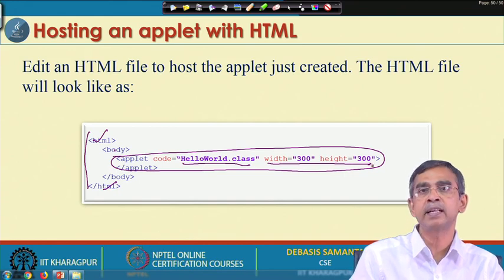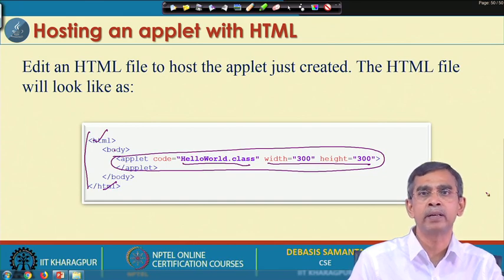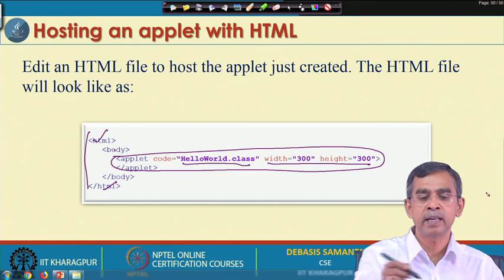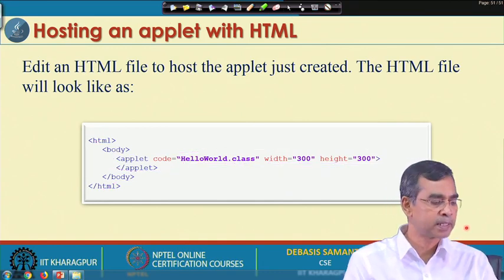So, 300 indicates that if your total screen size is 1000, then out of this, a 300 by 300 portion will be used to display your applet on your computer screen. So, 300 is the size of the applet that will be displayed.